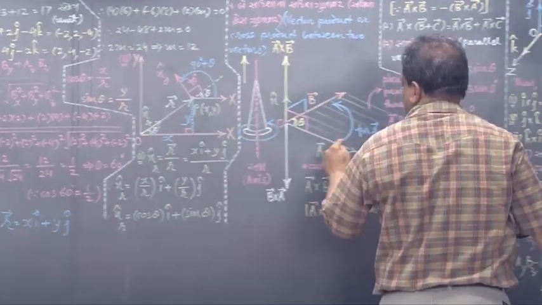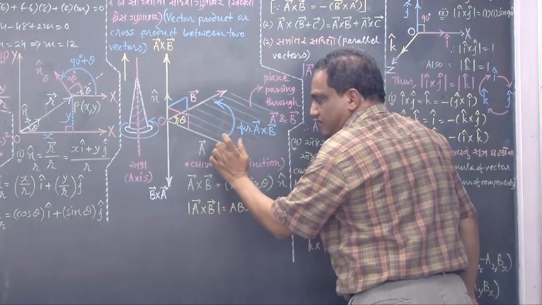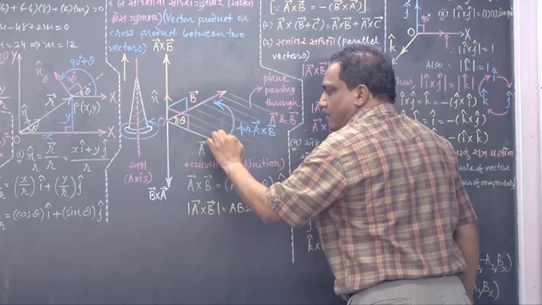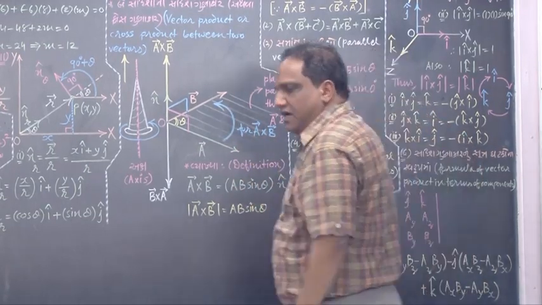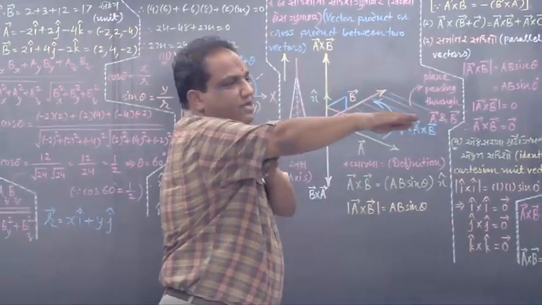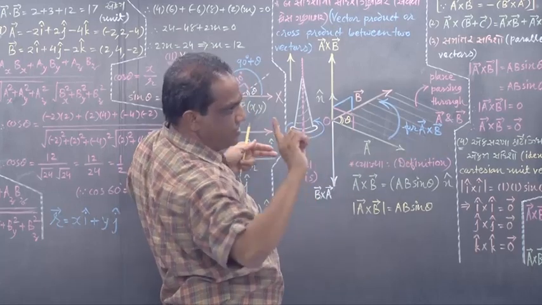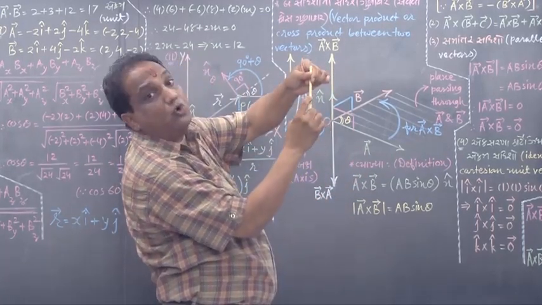That is what I have written here. Just give a turn to this screw, then turn this vector from A to B. The manner of rotation is this, from A to B, or vector A cross vector B. Okay. Now tell me, this is vector A, this is vector B. I should rotate vector A towards vector B this way. Now in the same manner, I should rotate this right-handed screw.